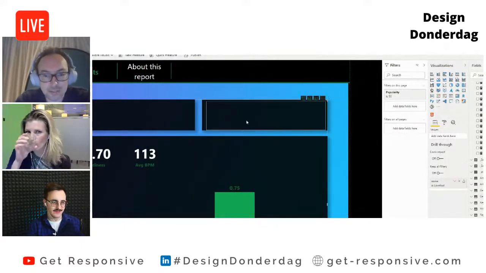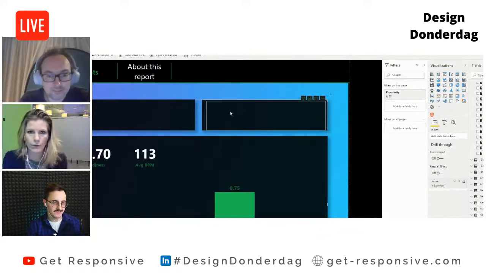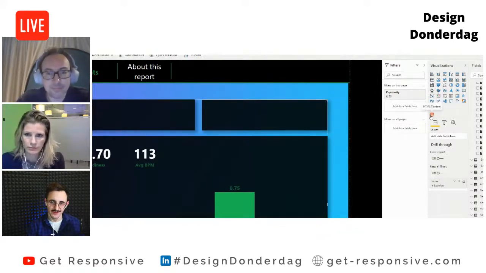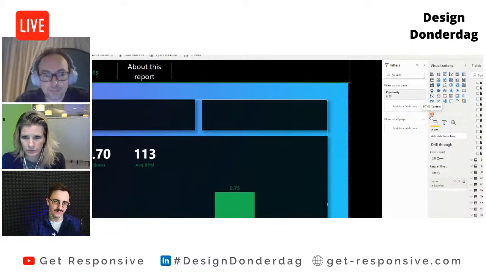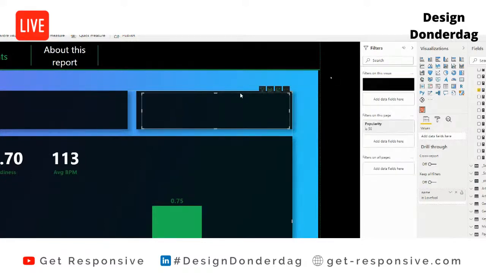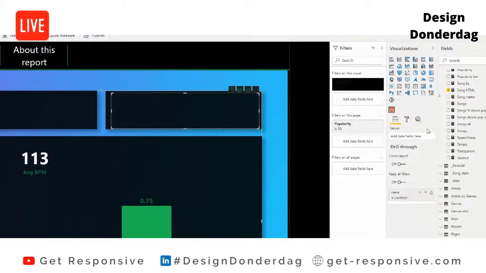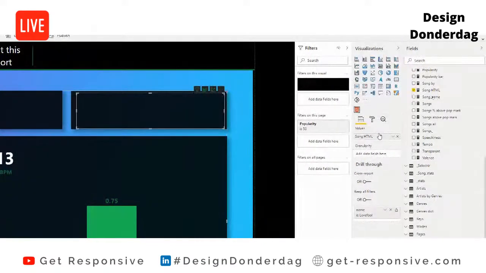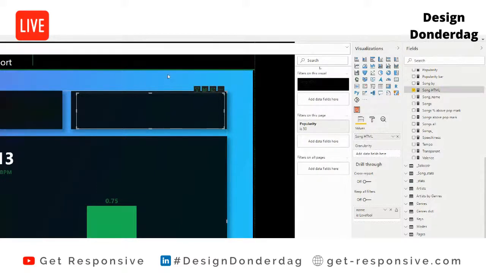Yeah, this helps. In this field, we got a visual called HTML content player. It basically allows you to put here any HTML information, maybe render some HTML code. But for that particular purpose, I use a measure. I cannot select that. That's pretty strange. All right, so I got the values is song HTML, and this is actually a measure that returns